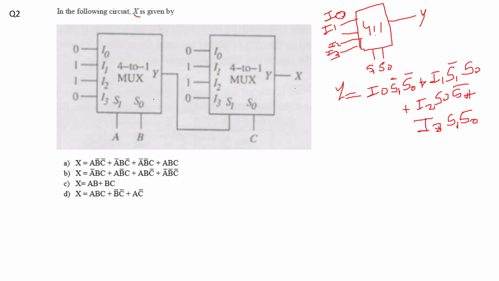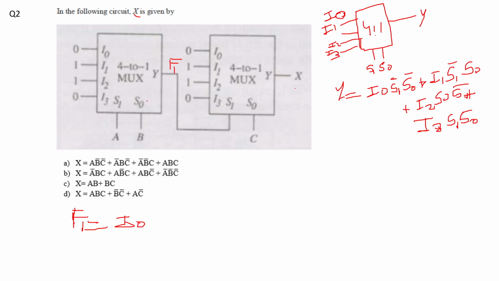So similarly we have two mux connected here. Let me just take the first one. Whenever we have these kinds of questions, try to label individual outputs. So here I will label this output as F1, and here we have X, let it be X only. So what will F1 be equal to? You can take this for reference. F1 will be equal to I0